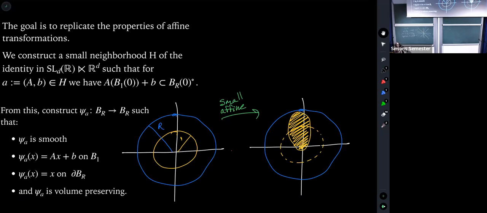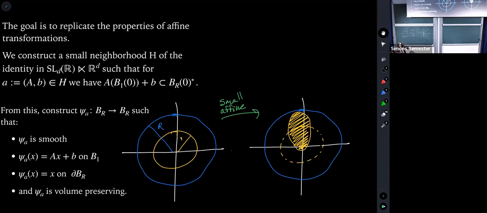So this kind of lets us constrict to a particular chart. Each of these maps will be pulled back by a chart, and on each chart, we have as much movement as we want, essentially. And then, of course, we require that they're volume preserving. So the way that you do this is by constructing a flow that has Ax plus b as the time one step of its map, the time one map.